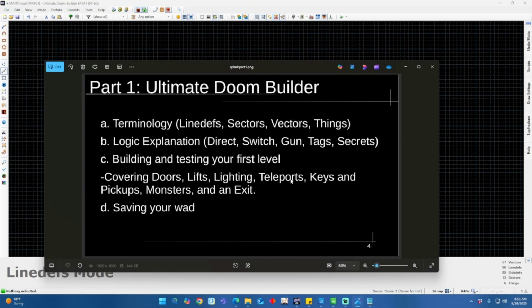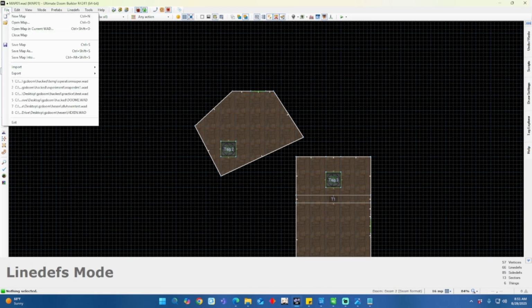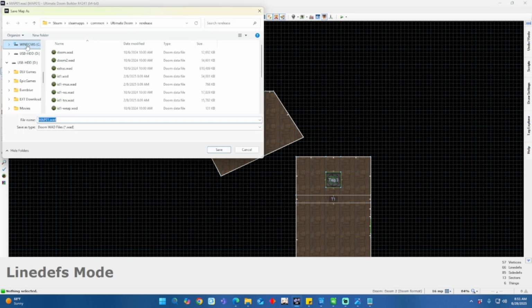And I believe that should do it. We're going to save our WAD now. Because right now it's just map of 1. It's not a WAD yet. So we're going to save map. And now we're going to name our WAD. We're going to put that into our